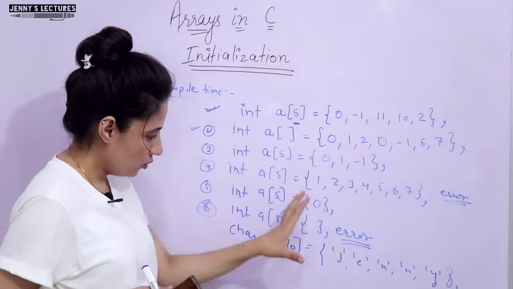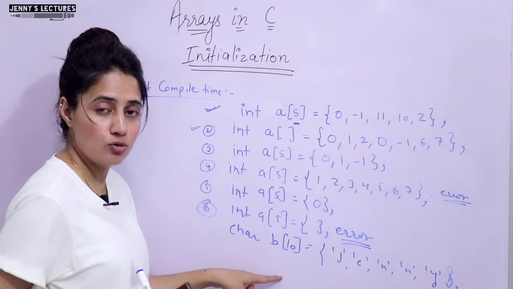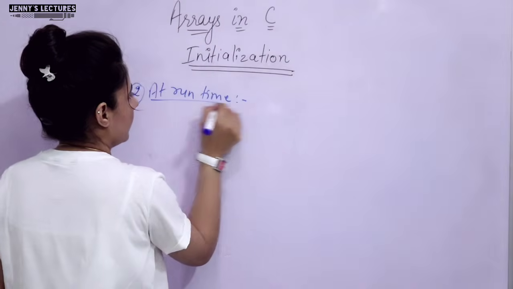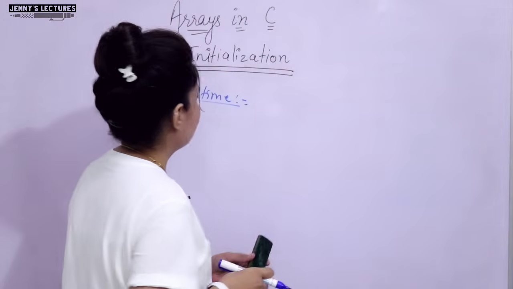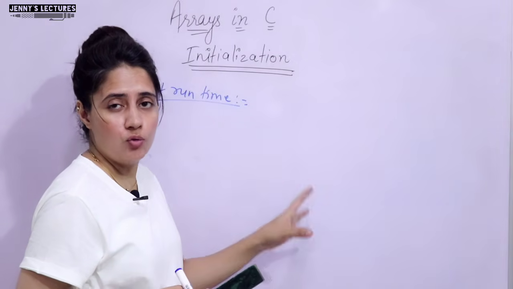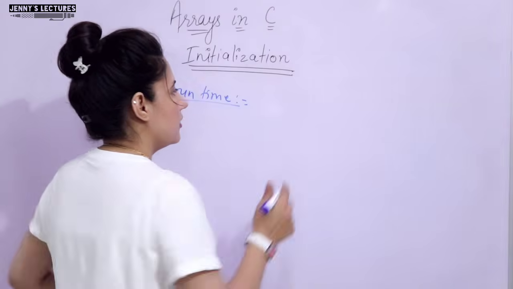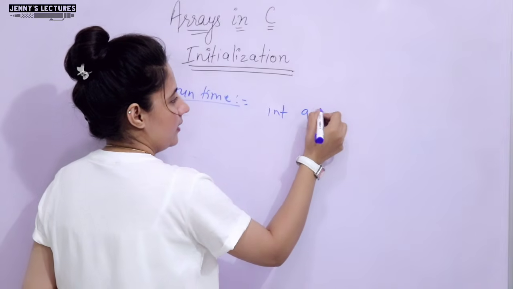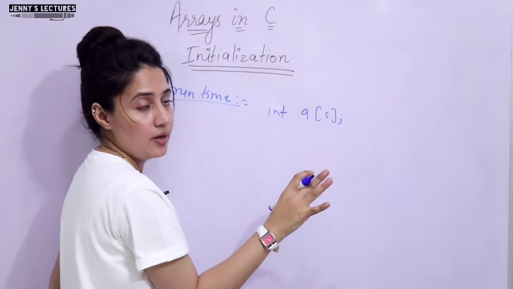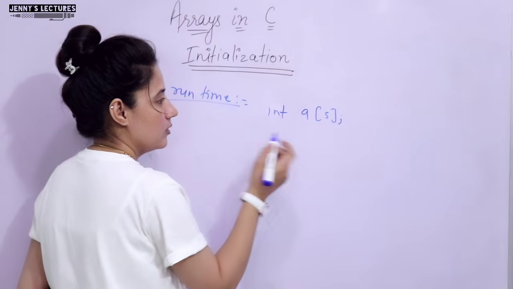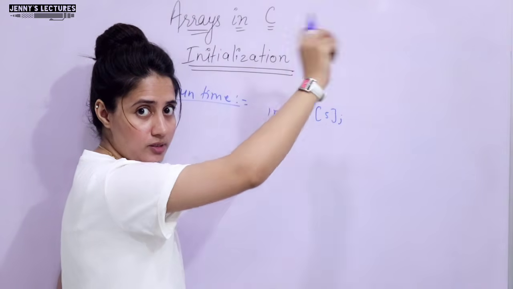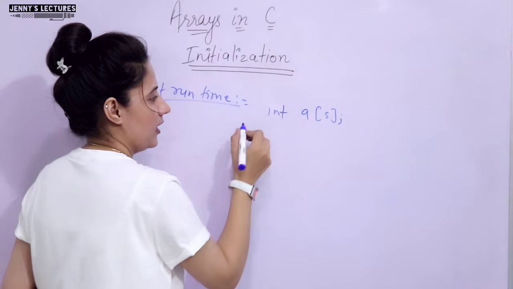Now, these are all variants, we will see practical also. Now, I will show you how to initialize an array at runtime. At runtime, we are going to use some standard functions to initialize the array: obviously a for loop, or any loop, for, while, do while, and the scanf function. So just declare the array int a, suppose I am taking size 5, and I am not initializing the array. Now, at runtime, when I run the program, it should print at the start: enter the elements of the array.